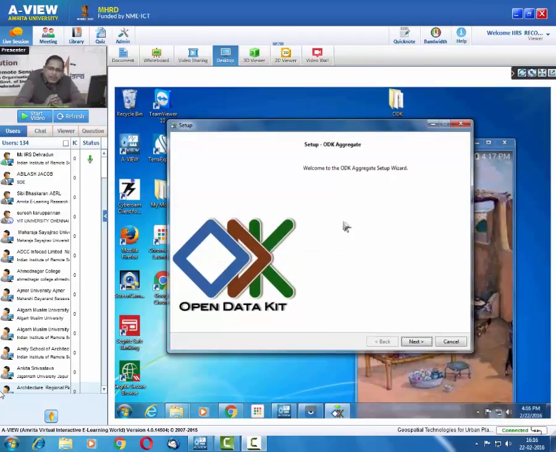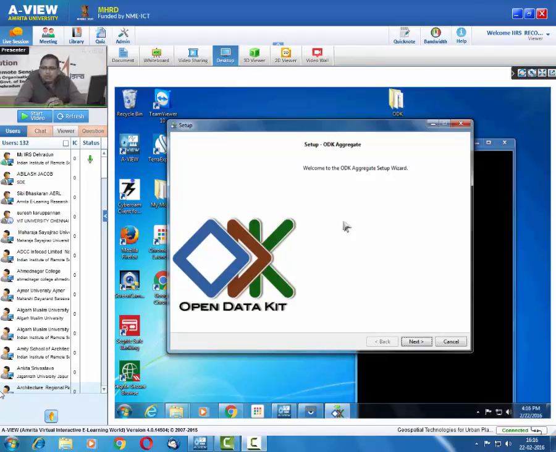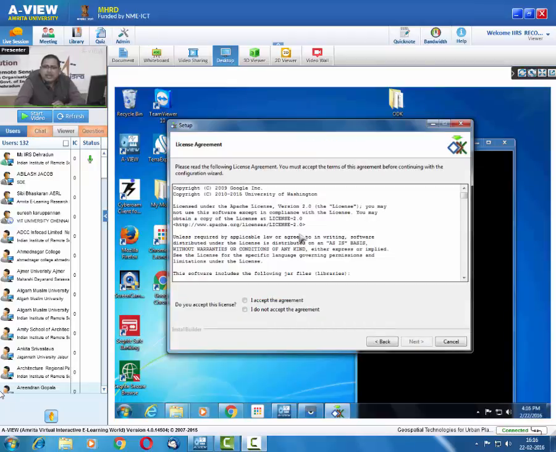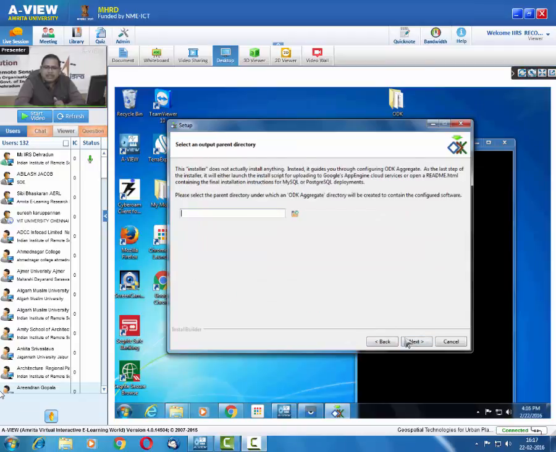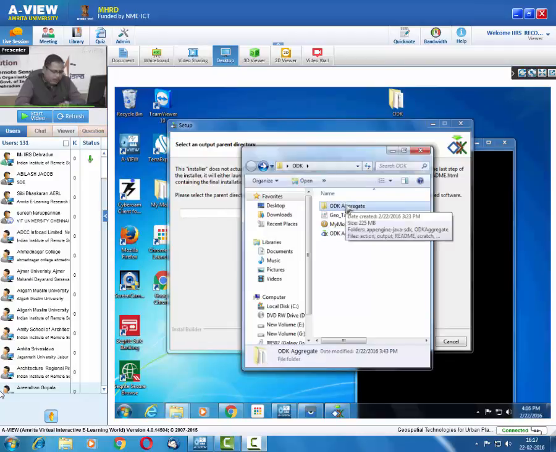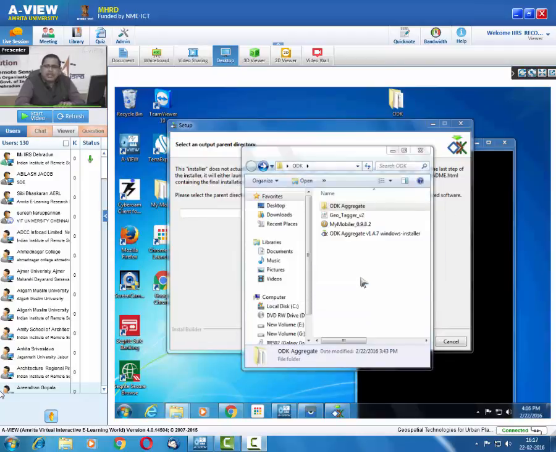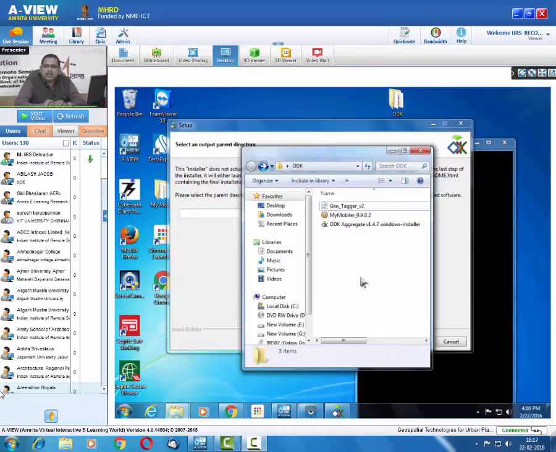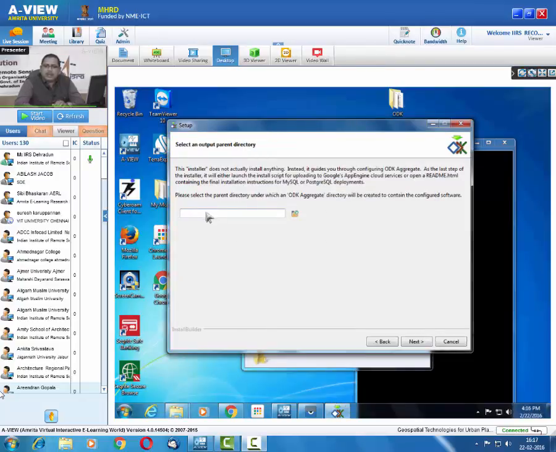You see very carefully. So you are going to just deploy ODK aggregate server in Google Cloud. So let us do the next. It says welcome to the ODK aggregate setup wizard. So here normal installation guidelines. I accept the agreements, some basic software agreements. So you can here mention the folder location in your computer. So here in my desktop already I have one folder called ODK aggregate. I am just deleting it so that my software will create another ODK aggregate